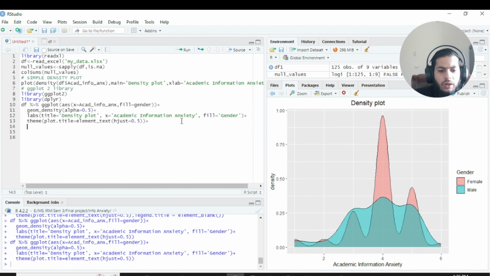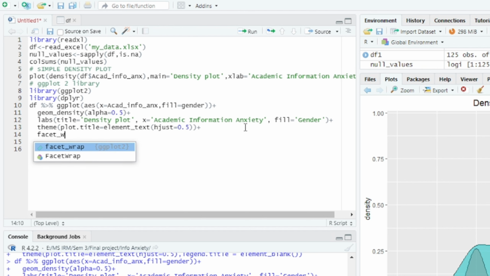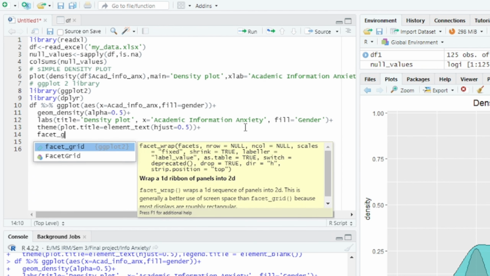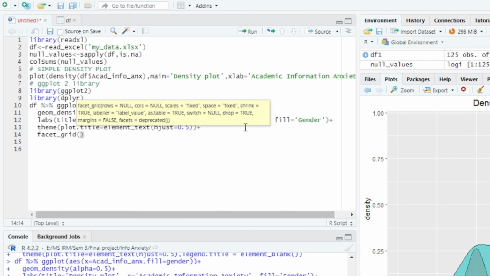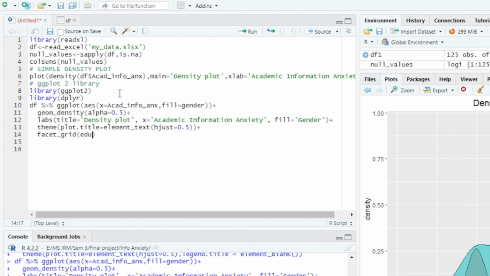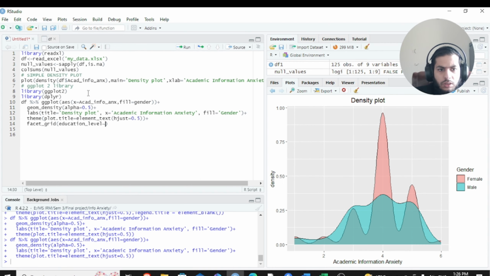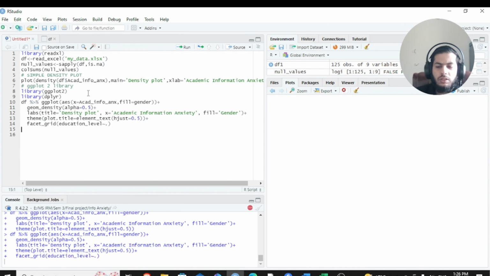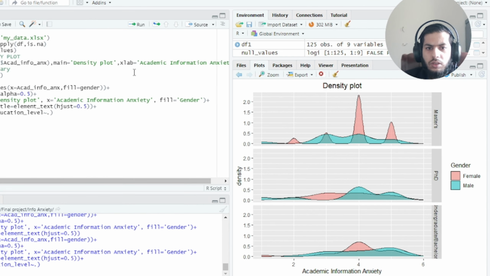Now, what I want to do here, I want to add facet grid, and the variable that I want to use here would be education level. Now let's check this out. As you can see, at this point, the density plot is going above 2. I don't want this, right? So how can I